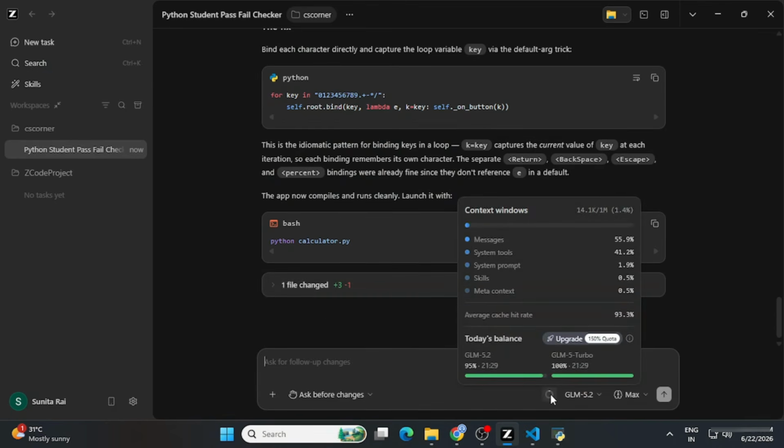So guys, that's all for this video. I hope by following my video you are able to successfully set up and use GLM 5.2 on your Windows. And guys, this tool is completely free. It writes working code from scratch and it is perfect for absolute beginners. It refreshes. That's what I have read, that it refreshes every time.